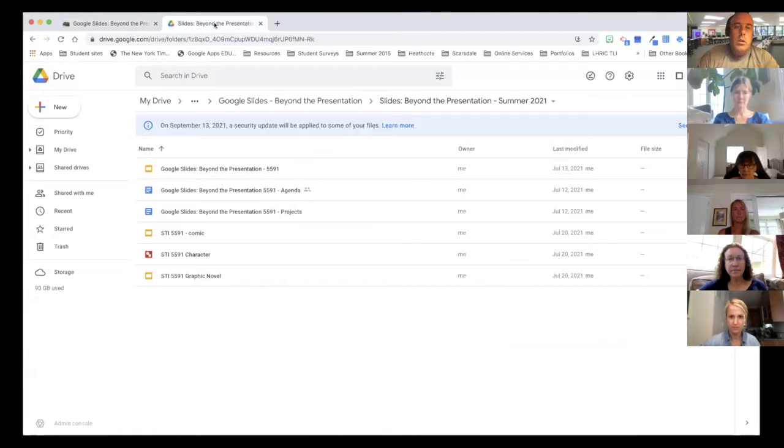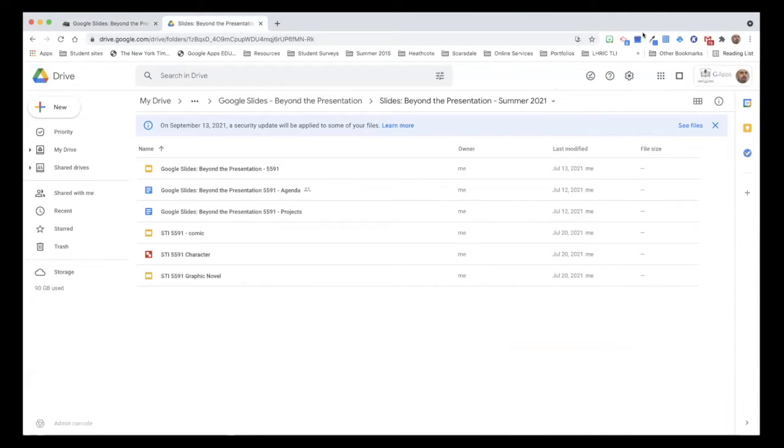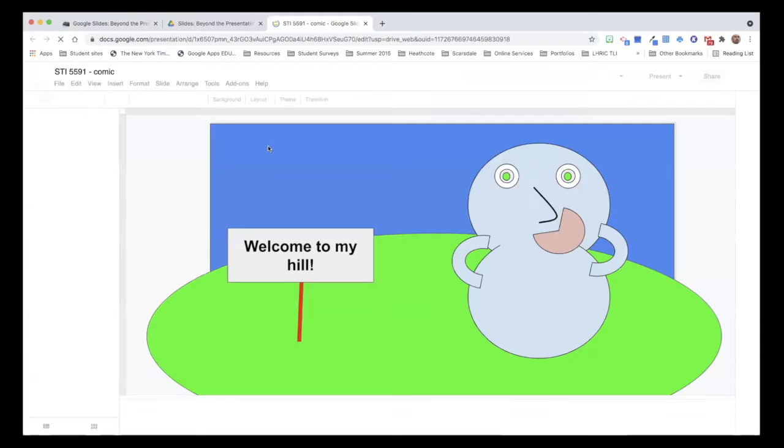So I'll just do a quick share and review. We've been working in a single folder, right? Kind of keeping everything organized. So as we build things just for this class, keep everything in this one folder, but hopefully it also gets you in that habit of keeping things organized and contained so you can easily find them. The comic was the thing we had done a couple of weeks ago, where we were